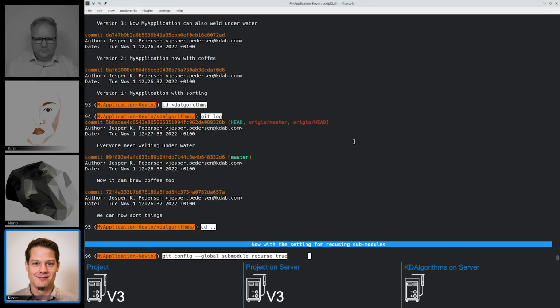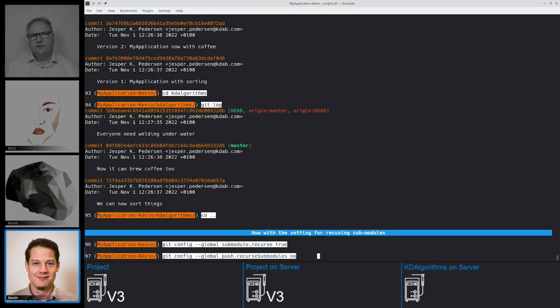Let me show you. So I set this git config --global submodule.recurse to true, but I definitely also need to set this one here, the global setting again, push.recurseSubmodules to no. In my project at least, I tried that in this demo, and that's when I learned about submodule.recurse, and I was like, oh, this is awesome.